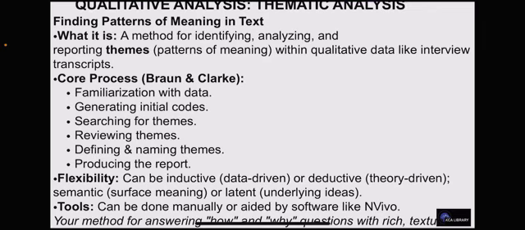It could be semantic, which is the surface meaning, or latent, that is the underlying ideas. So qualitative analysis is very flexible, in the sense that you can carry out your analysis based on the data that you are using for your research, or it could also be based on the theory that you are using for your research. It could also be the template, the connotative, semantic meaning, or the denotative meaning, or also